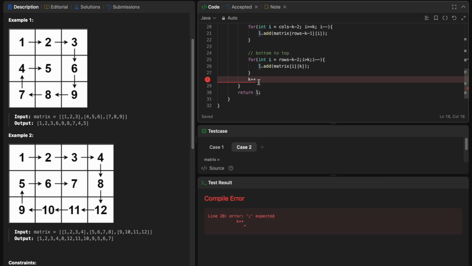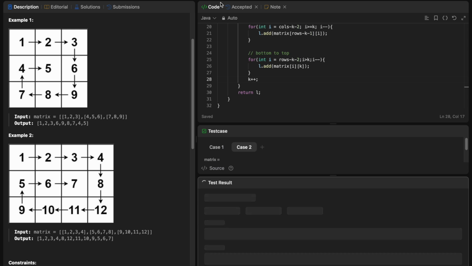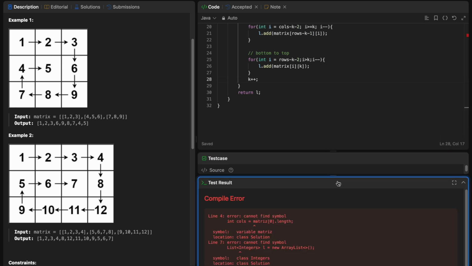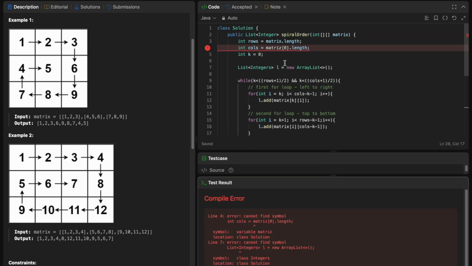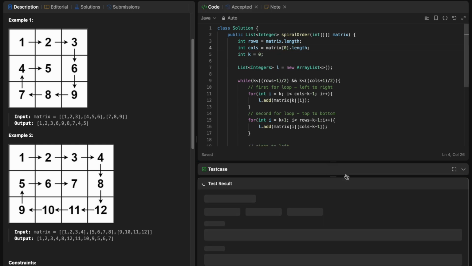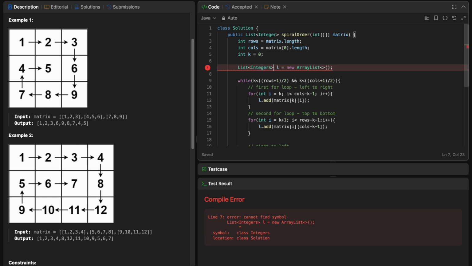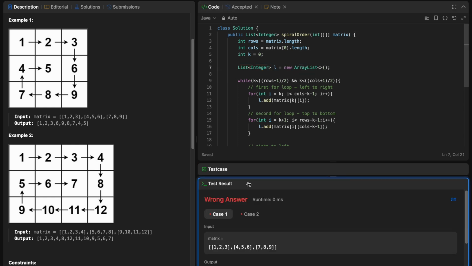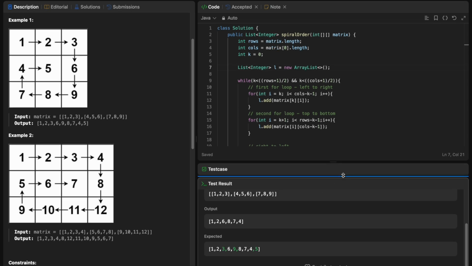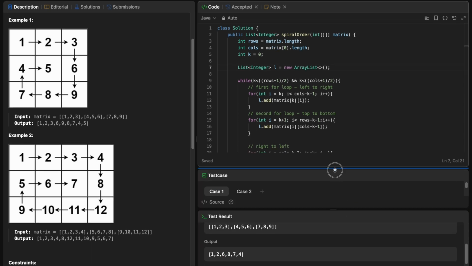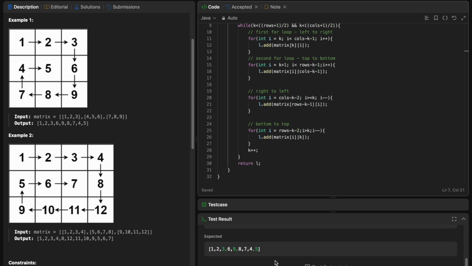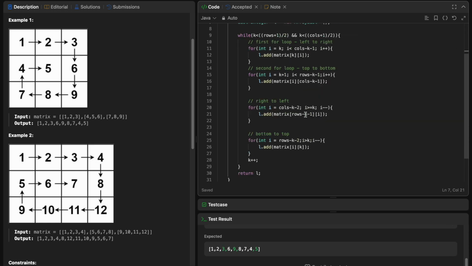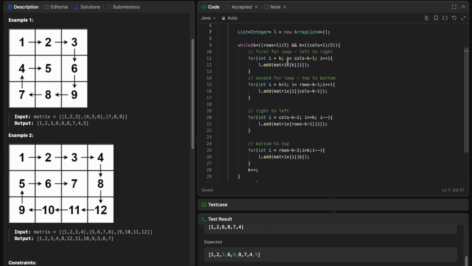Okay, dumb error, yes. Okay, these are just stupid errors at this point. Integer. Okay, what went wrong? We haven't printed 3, 9 and 5. That's so random. We must have gone wrong with...